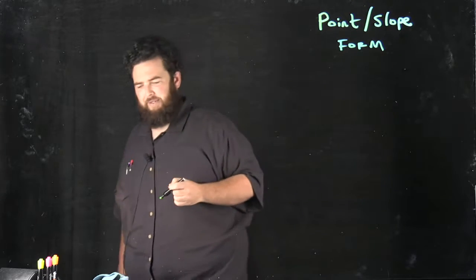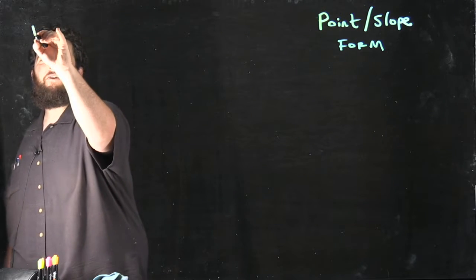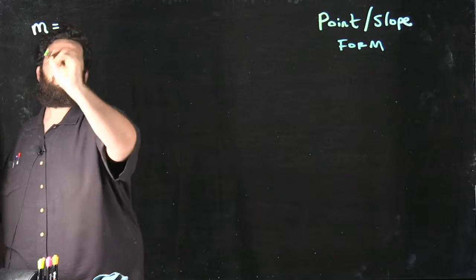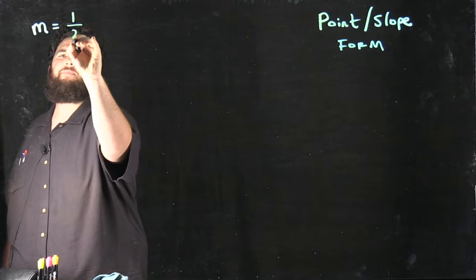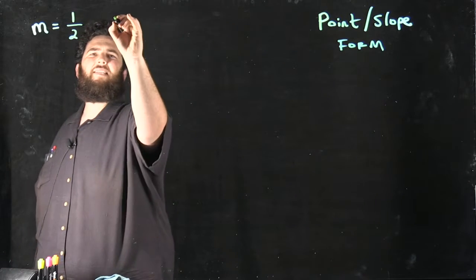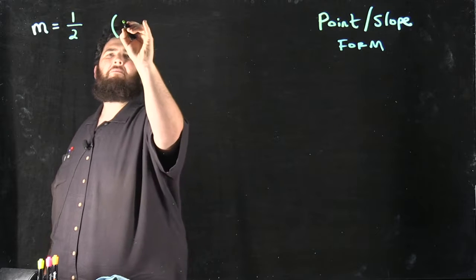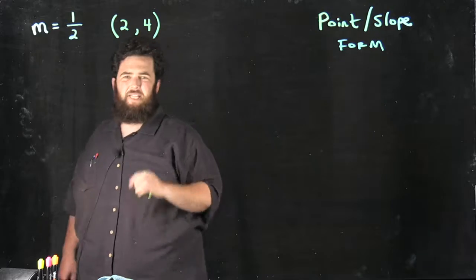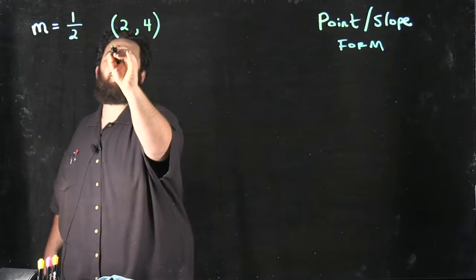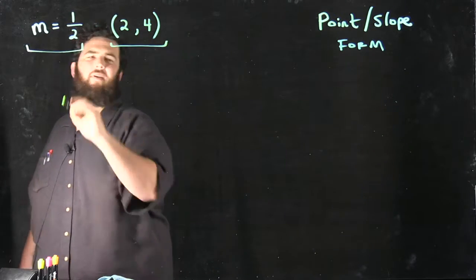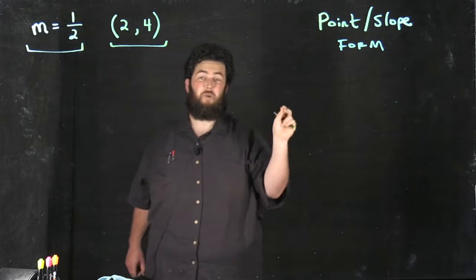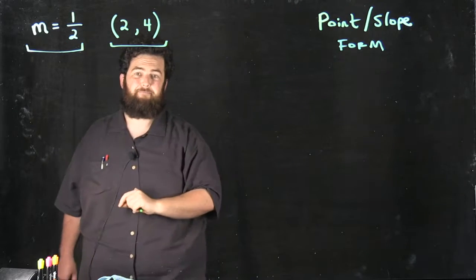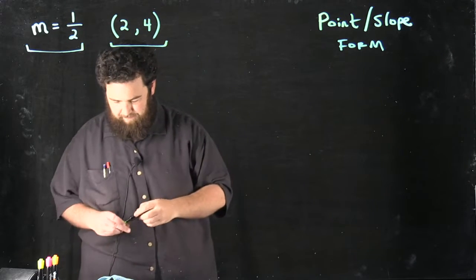Let's just try it real quick. If I was given the slope, typically we use the lowercase m for slope, if our slope was, say, 1/2, and a point on our line was (2, 4). Given these two pieces of information, the point and the slope, we could build the equation of the line that passes through this point with this slope. And it's as easy as